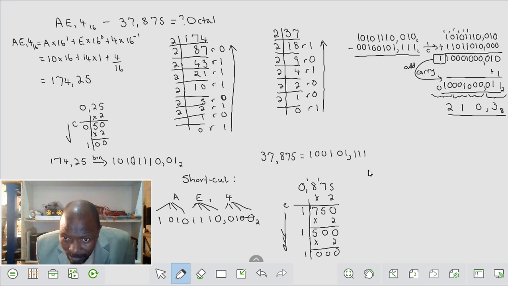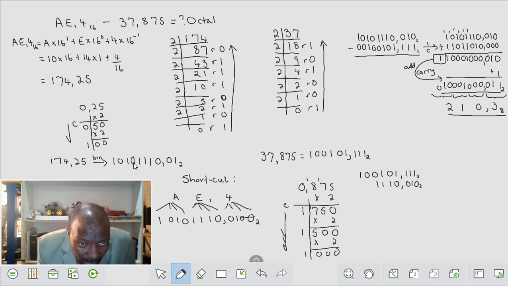So let's try the same question, but now we're going to try the small number minus the big number. That is going to be 1 0 0 1 0 1 comma 1 1 1. Did we forget a little 2 here? Very dangerous. We should be careful. So we take this number, we say okay, we are going to subtract 0 1. We balance up already, comma in line, 0 triple 1 0 triple 1, and then 0 1 0 1 0